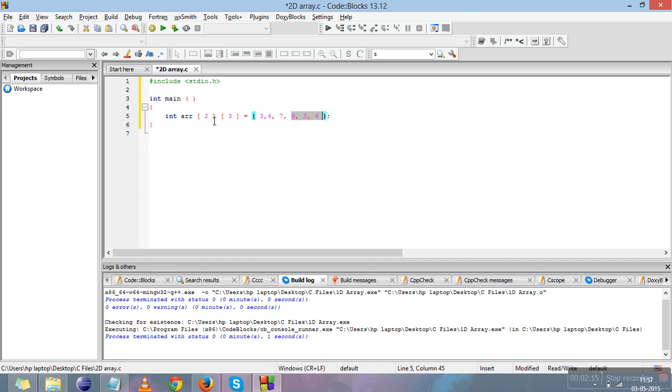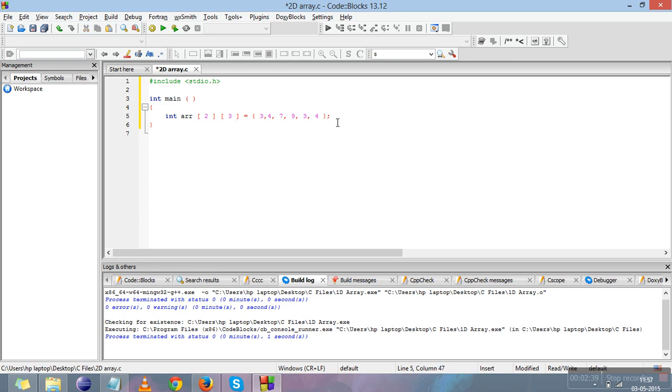This goes with the same index as we told you in 1D array. The total number of rows are 2, which proceed like 0 and 1, and the total number of columns are 3, which proceed like 0, 1 and 2. So there are 3 elements on the 0th row at columns 0, 1, 2, and there are 3 elements on the first row at columns 0, 1 and 2.